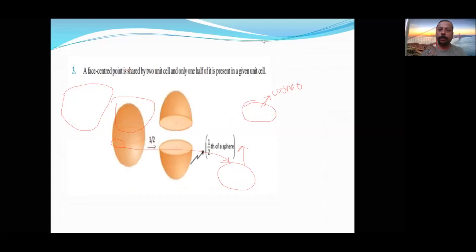Now this is what the diagram shows. Face centered: only this will be in one cube, this will be in another cube. So one cube's contribution is only half of it. This is the face center. Is it understood? So this is about the contribution. Mainly corner is 1 by 8, face center is 1 by 4. Sorry, face center is 1 by 2 and edge center is 1 by 4. I think it is clear now. Now let us go for the next topic.